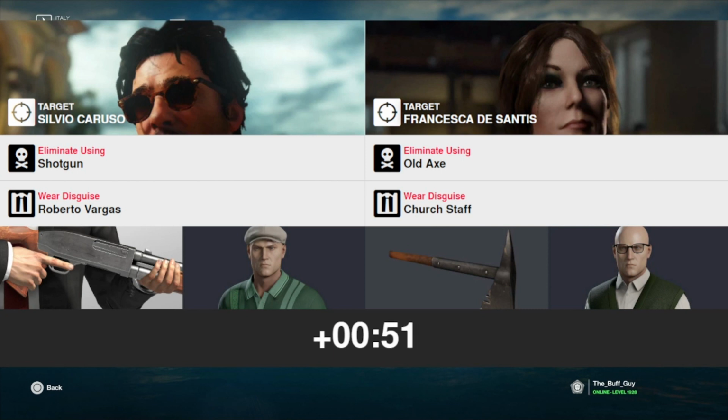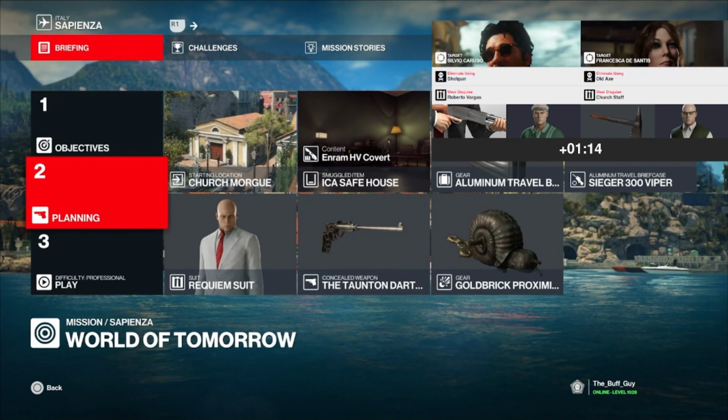This is actually a pretty interesting spin. I'm pretty stoked about this. We're going to showcase a few cool strats here. I'm opting to start at the church morgue. I'm bringing in a silenced shotgun, a Ziga Viper sniper rifle, which is probably the best sniper rifle for